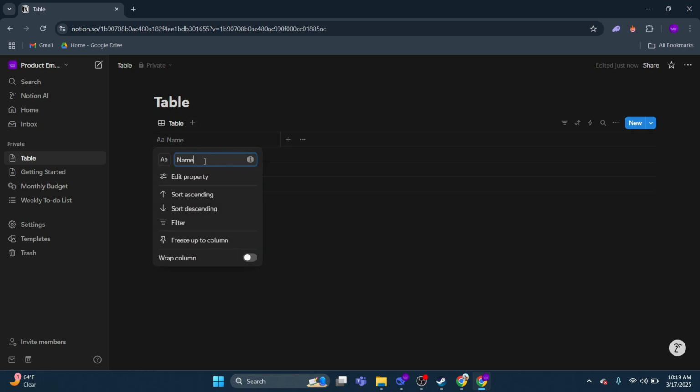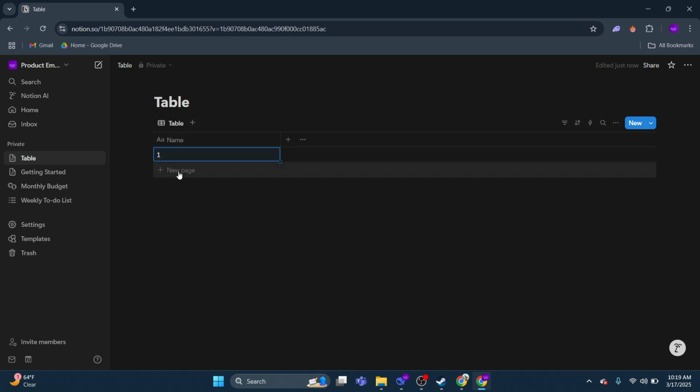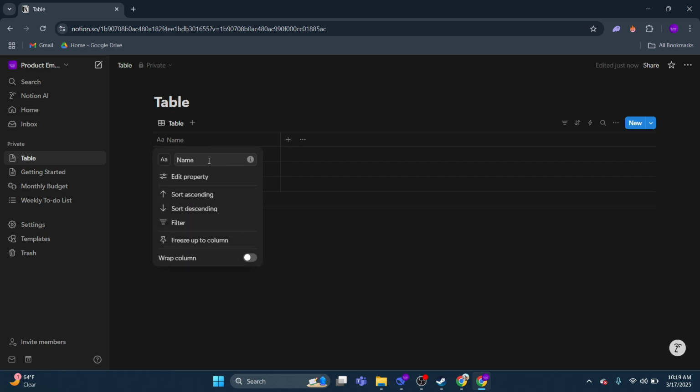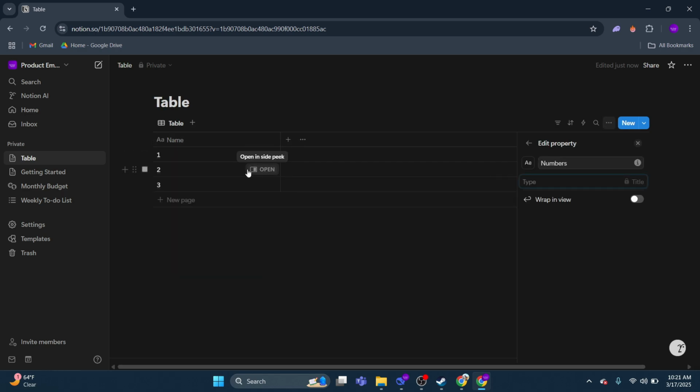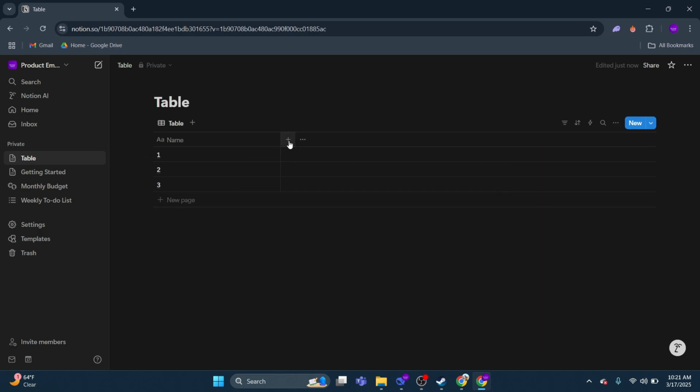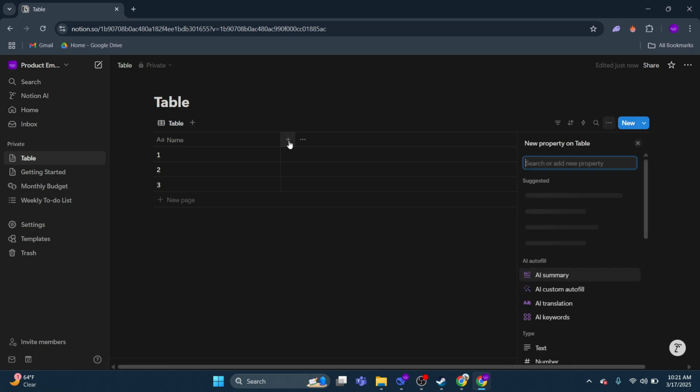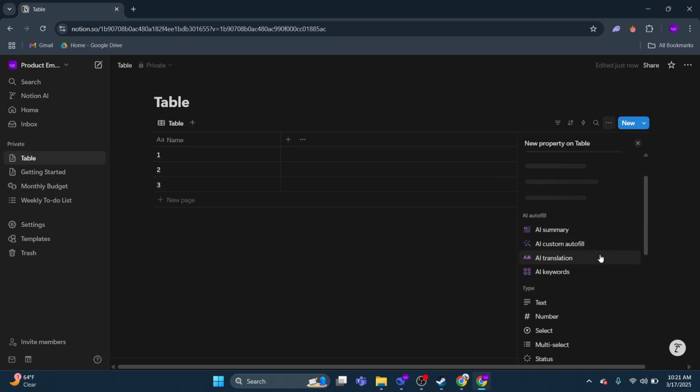You can then give it some inputs. For example, I want this to be 1, 2, 3, or whatever you want. We can also add a name over here. Now, to insert an image inside the table, you can press the plus button over here. With this, you will essentially get a new column and a new row, so new columns and new rows inside